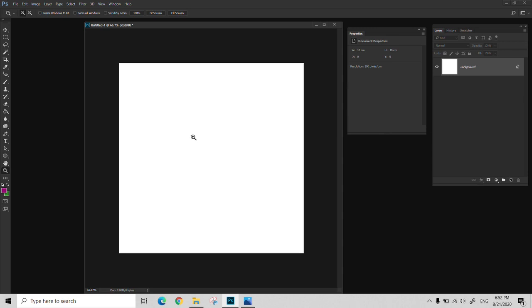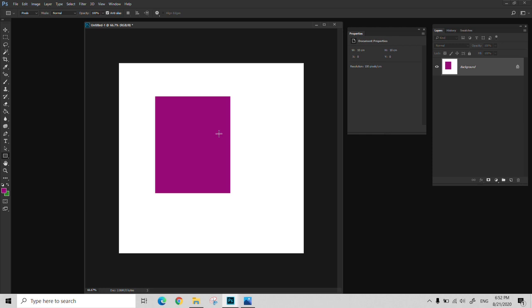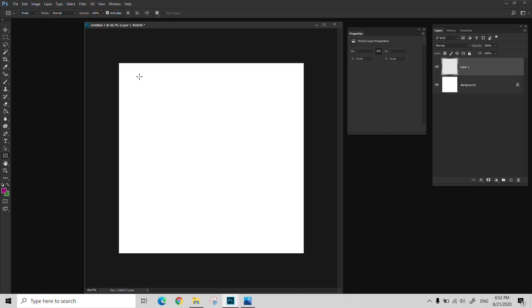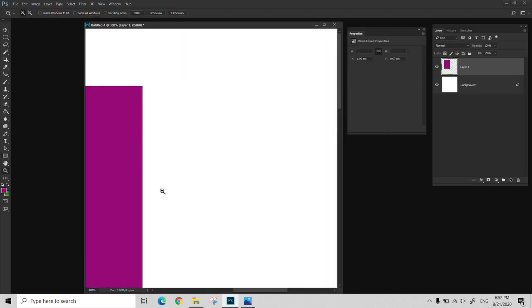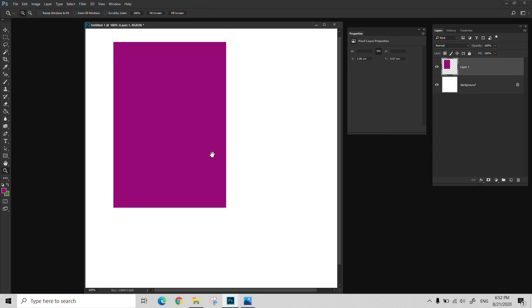So this was about the shape. But if you go to select any of these, you can see you can change here shape, path, pixel. If it's on the shape, that means you are creating a vector layer. If it's on the pixel, when you create something, as you see, it's not making another vector layer. It's just a normal layer. It's exactly using the pixel. Actually, it's the raster